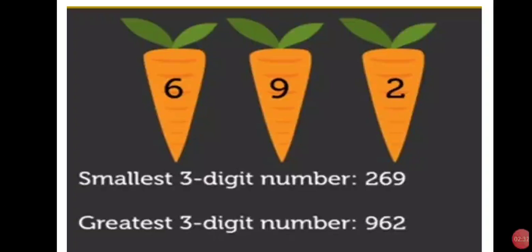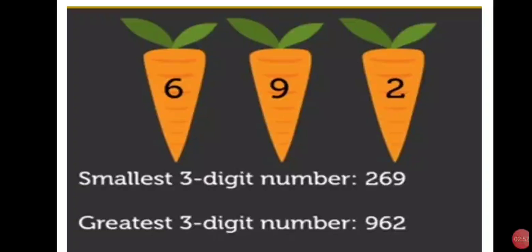And it's clear that in case of the smallest 3-digit number, the digits are arranged in increasing order, and in case of the greatest 3-digit number,